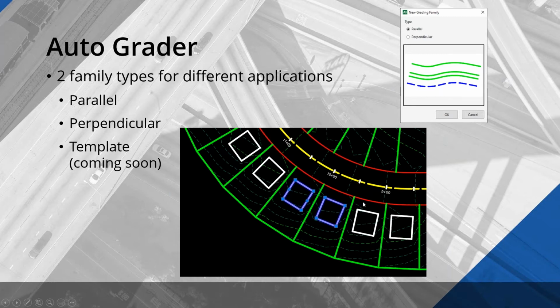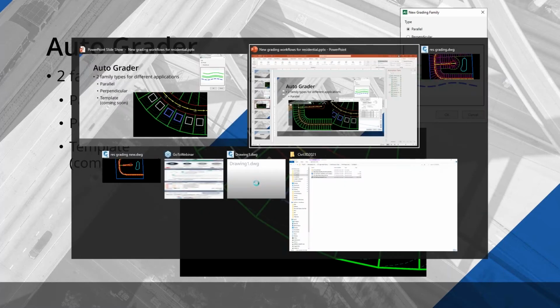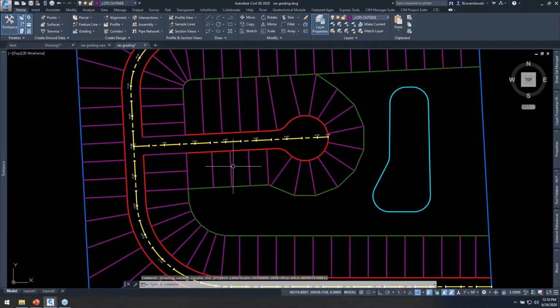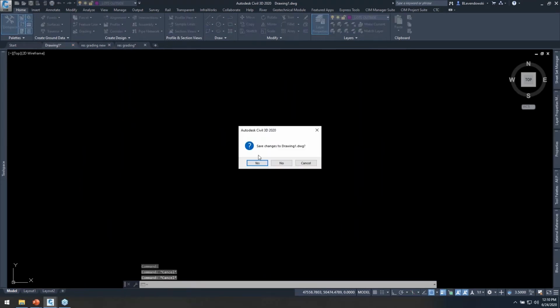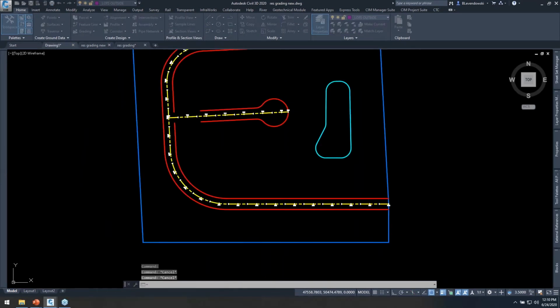Now, people grade things a lot of different ways in their subdivisions. Some of you may not be concerned with that in the same way. In fact, you can actually achieve some of that with this perpendicular scenario. So a lot of ways to use AutoGrader. I can't wait, in fact, to get it out into your guys' hands and see all the creative ways you guys use this. So with that, I'm going to jump into Civil 3D and try to give you a little bit of a taste of how AutoGrader works,